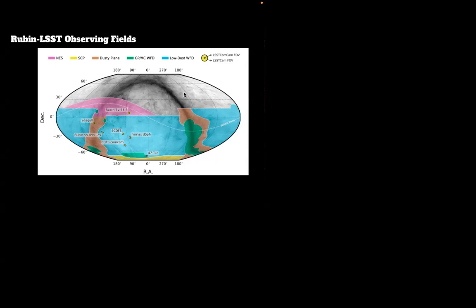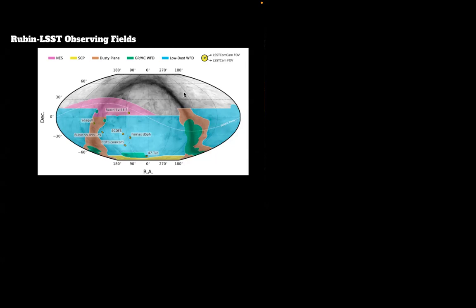The other color regions are for different specific purposes, and these will have a different amount, not that many visits compared to the blue region. And here you can see several small yellow patches. There are seven of these. One is Chandra Deep. This is the Chandra Deep, and then there is 47 Tuc. This is a globular cluster.